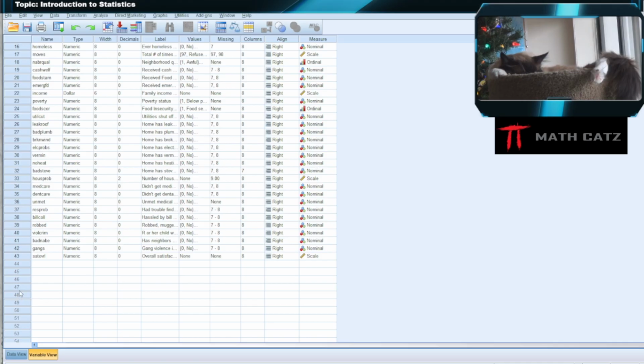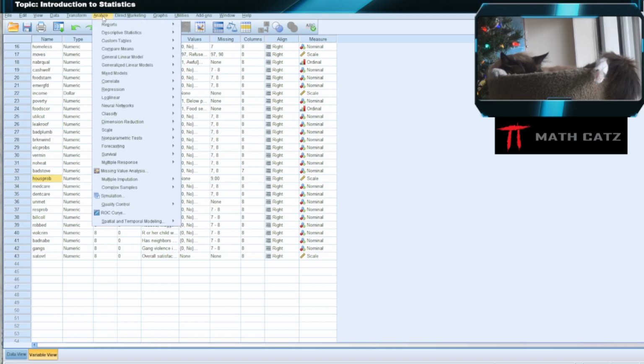So the variable house problems over here is a count of the total number of times the woman said yes to any of these 8 questions. So we're going to use this variable to create groups of the woman with different numbers of housing problems. So let's begin by running basic descriptive statistics on this variable using SPSS, and we'll click on Analyze here at